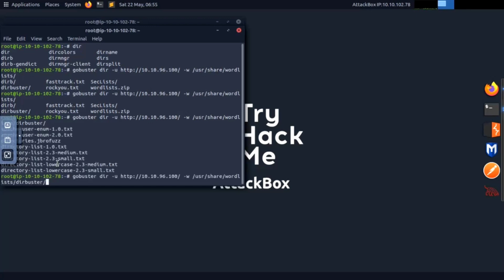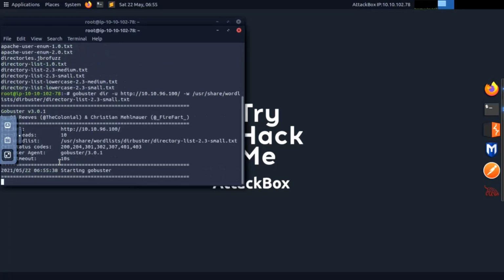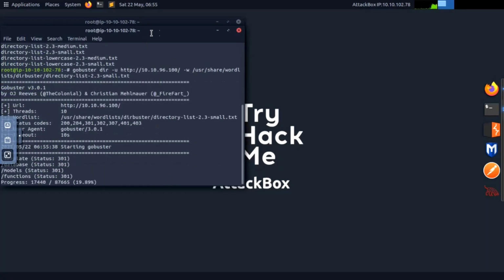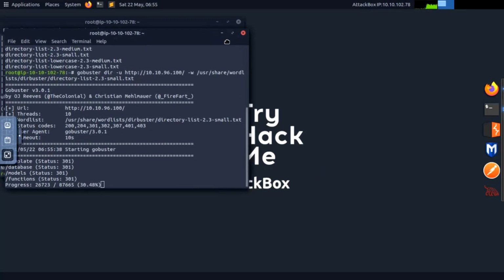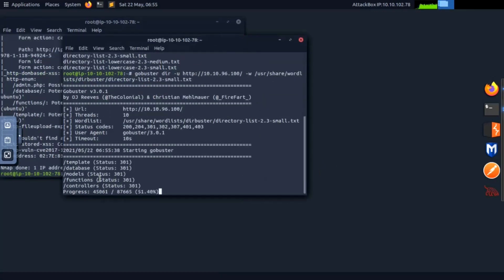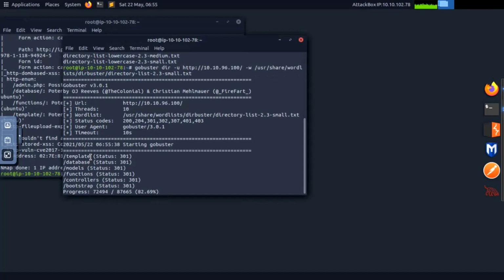We will try the small dictionary here, so use directory-list-2.3-small.txt and hit the enter button. After the scanning has started, you can see we found multiple directories there, like template, database, models, functions.